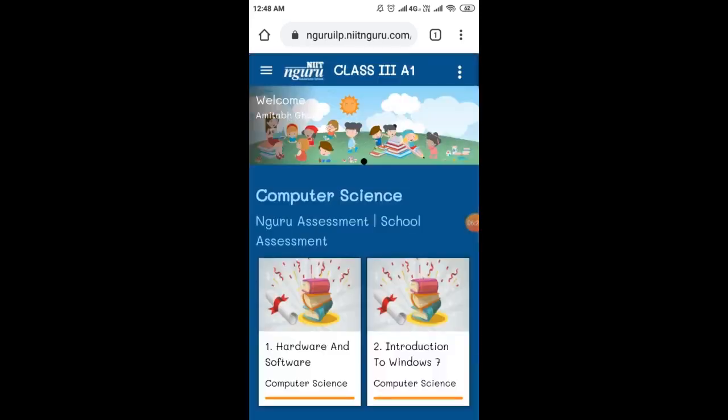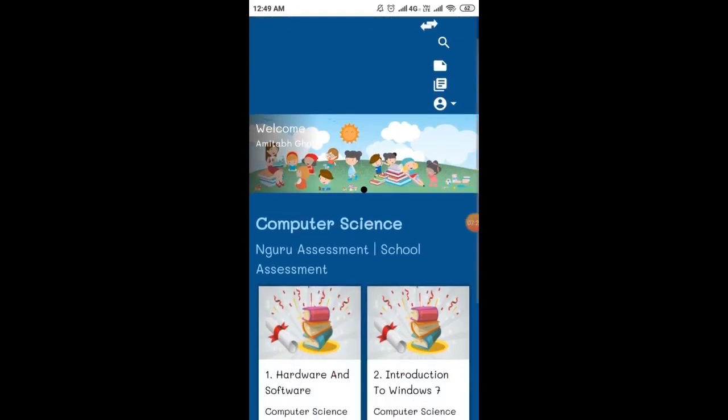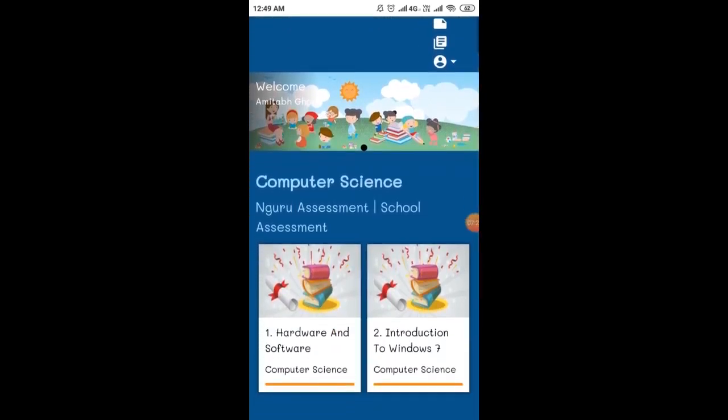It will take a while to load the page. So there it is. Once it authenticates your login name and password, you would be on the right screen of the NIIT NGuru portal. If you scroll down, you have to click on school assessment.